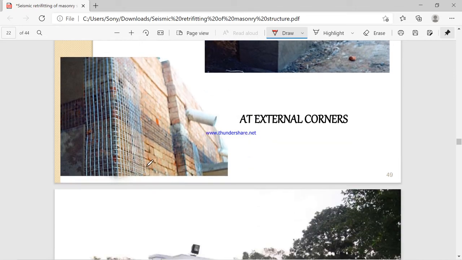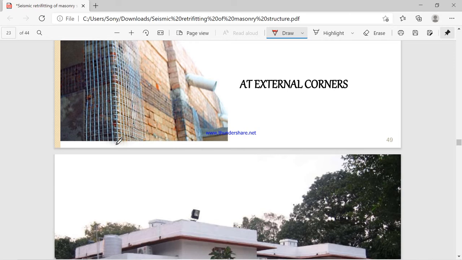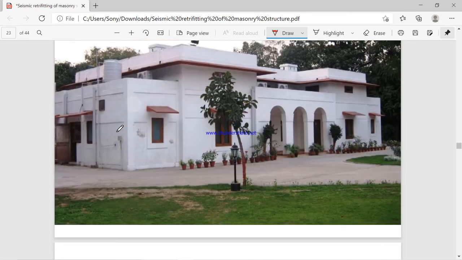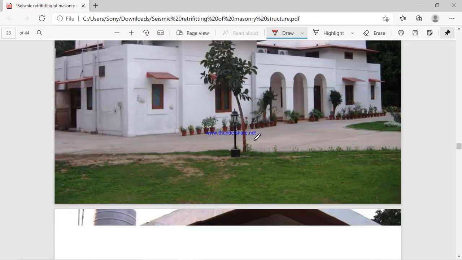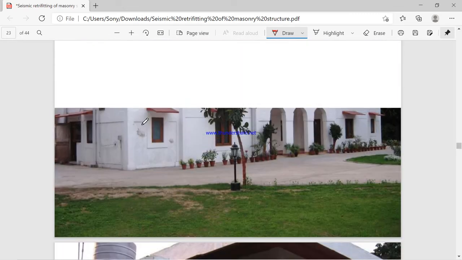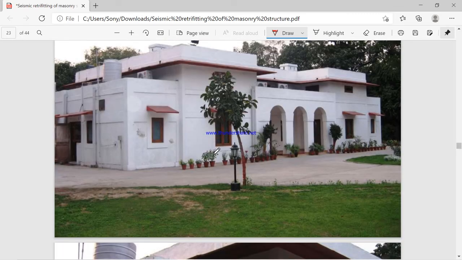The external corner is also very weak and can be subjected to earthquake force. Cracks can develop from the external joint also, so we can strengthen that by providing suitable vertical reinforcements. This is a typical photograph of a bungalow, where the majority of the openings, in the form of windows and doors, are strengthened by horizontal and vertical reinforcement bands.